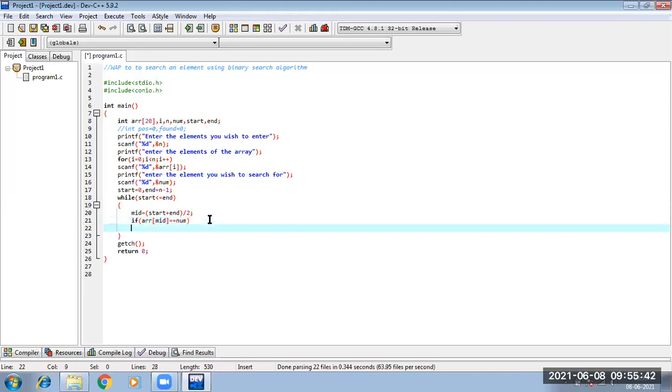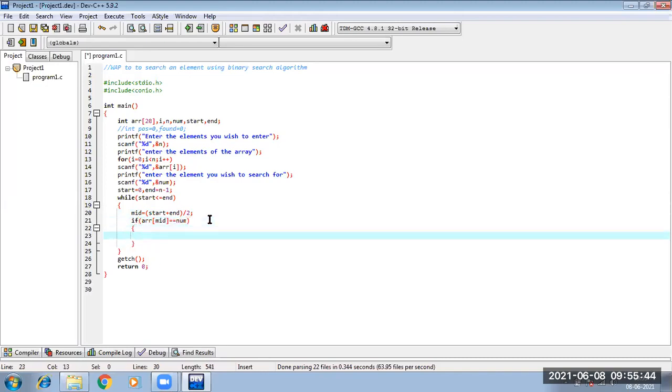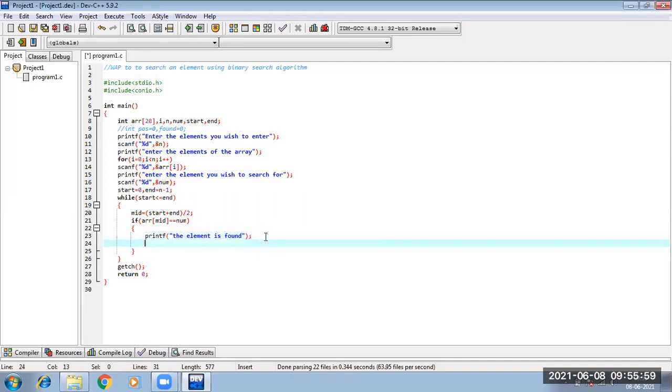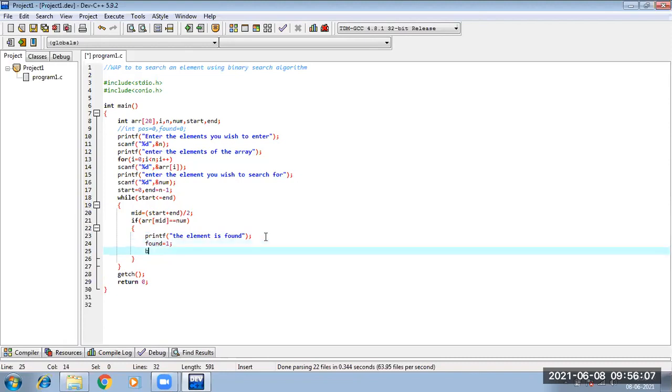One condition was if our middle location itself contains our number, then I will just say the element is found. Then I will set my found status to be 1 and give a break statement.